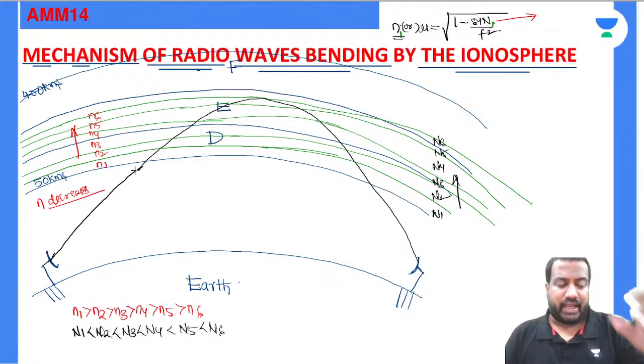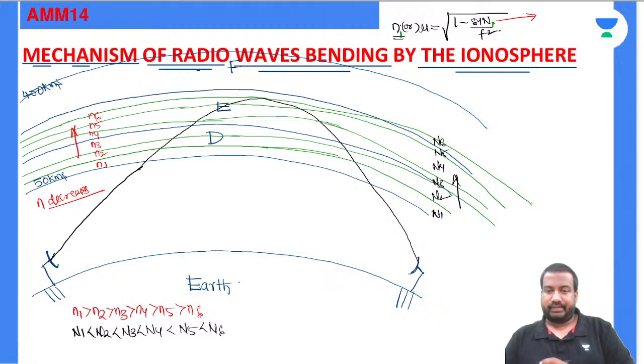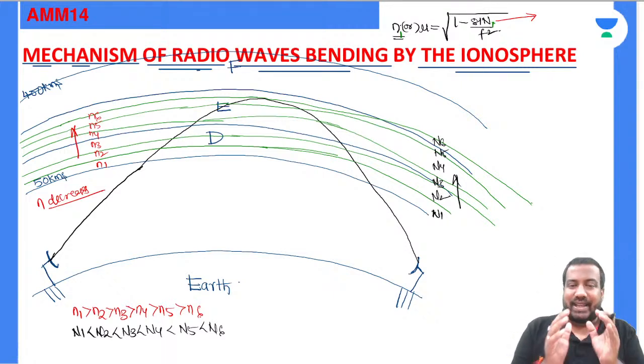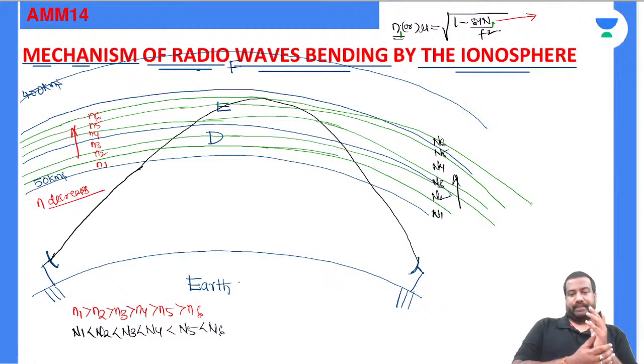Just everyone tell me, is that clear up to this point? Why I am asking again and again is because there is a hidden concept here that you need to understand. You need to understand it very clearly, dear. If you understand this concept clearly, the rest of the derivations will become very, very simple.